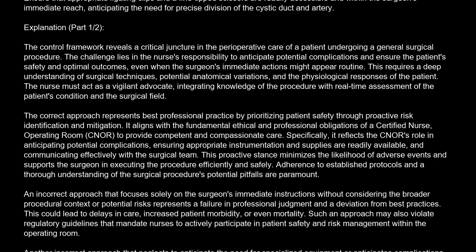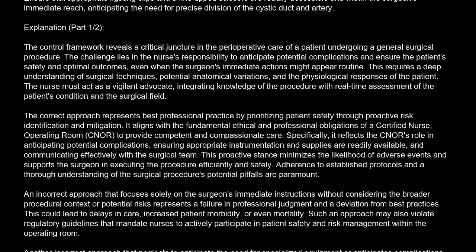Explanation. The control framework reveals a critical juncture in the perioperative care of a patient undergoing a general surgical procedure. The challenge lies in the nurse's responsibility to anticipate potential complications and ensure the patient's safety and optimal outcomes, even when the surgeon's immediate actions might appear routine. This requires a deep understanding of surgical techniques, potential anatomical variations, and the physiological responses of the patient. The nurse must act as a vigilant advocate, integrating knowledge of the procedure with real-time assessment of the patient's condition